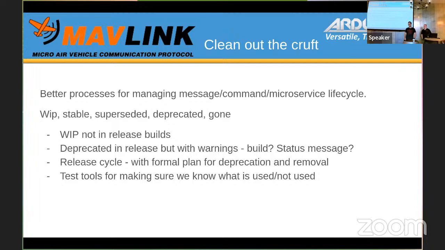Users can't have their cake and eat it too. If they want new stuff, they've got to accept that this is a development process and development of understanding. We don't know what we don't know yet. As we understand the problem better, we are going to evolve that and make it better. We can change all of the auto navigation to improve that dramatically. Everybody's missions are going to change, but if you want the improved functionality, you've got to bear the cost of being flexible, and there's always the ability to stay with the old code. It's your decision to upgrade.